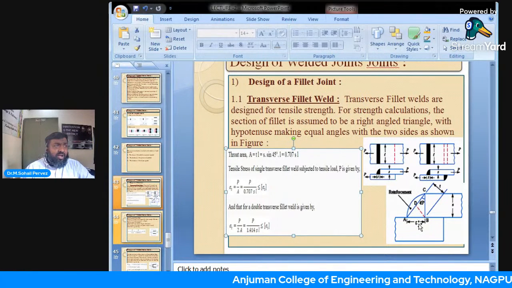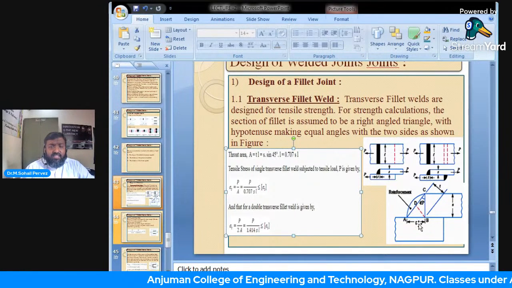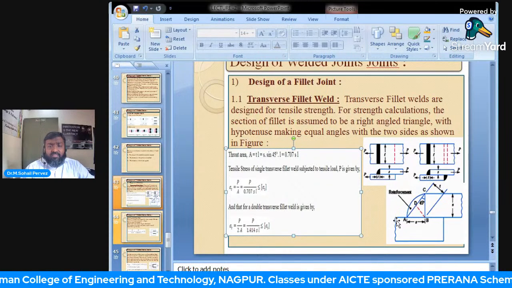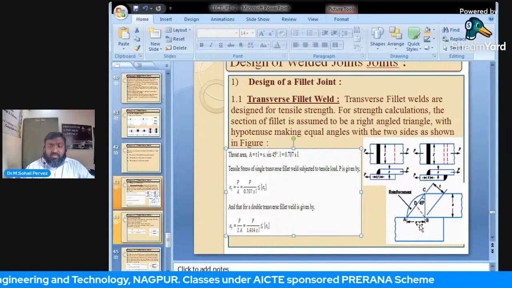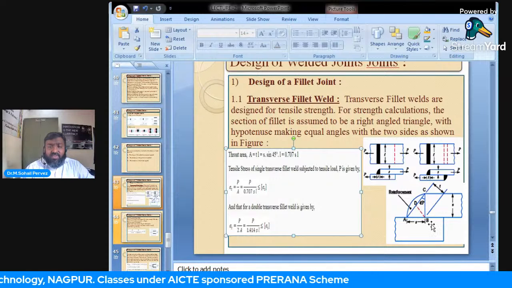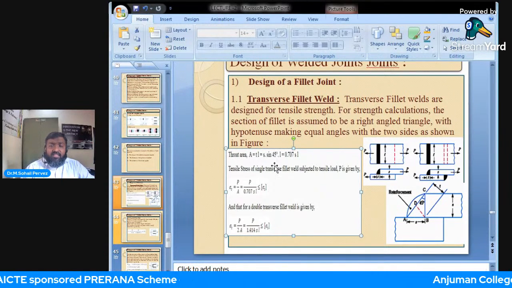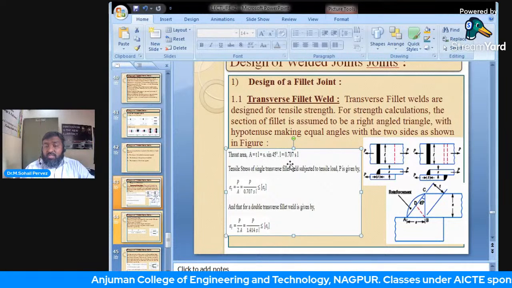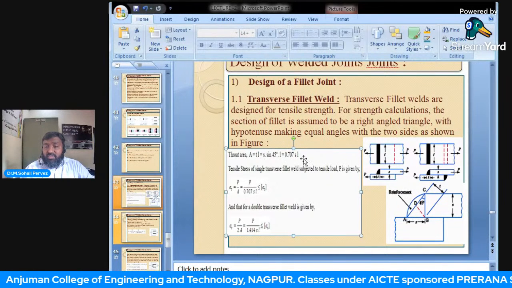This is the side or the size of weld. How can we write this? Yes, we can very well write it in terms of s, the angle, and the entire length. So it is written as sine 45 into s into l. Sine 45 means 0.707 into s into